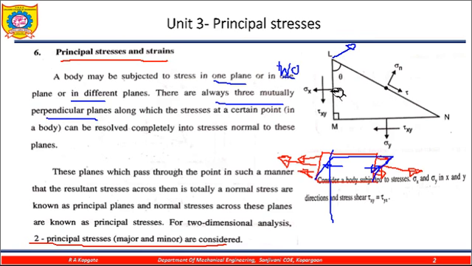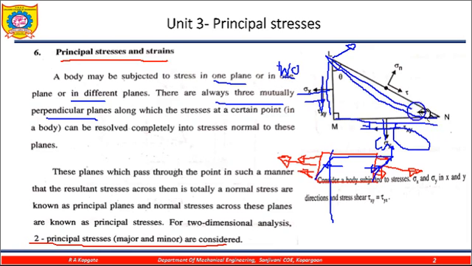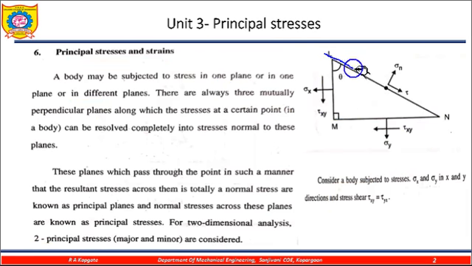So there are normal stresses, this stress is developed, then this normal stress also developed, this stress also developed. Here you can also see this one is the normal stress sigma y developed, and this one is the tau shear stress also developed. Now if we go for this plane, these are the planes, these are the stresses developed, and the resultant stress is this one. So this is my resultant line, or I could say this is my resultant plane, and on this resultant plane the normal stresses are acting.